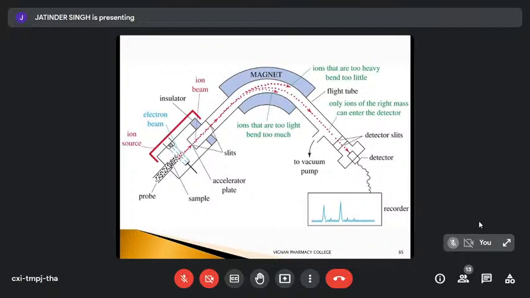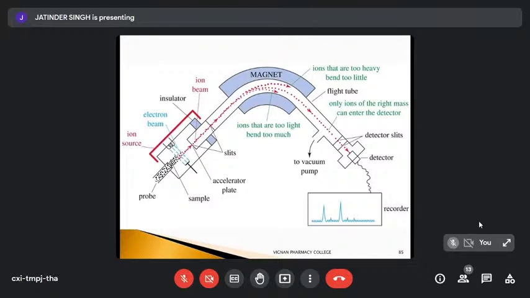Then the ions which are produced are passed through an electric and magnetic field. And from the vacuum pump, we apply a high vacuum inside this tube. Now, depending on the mobility of the ions which are produced, I will show you what